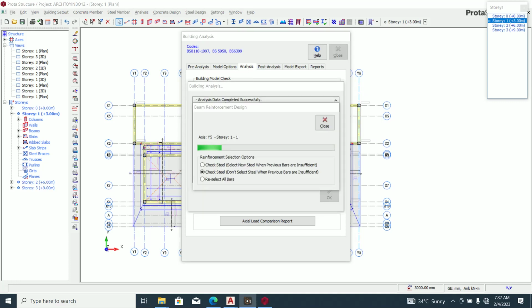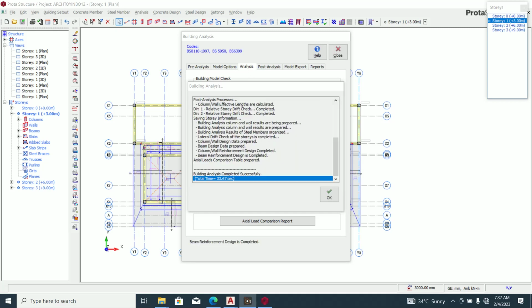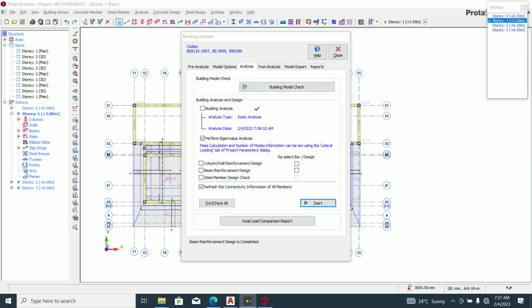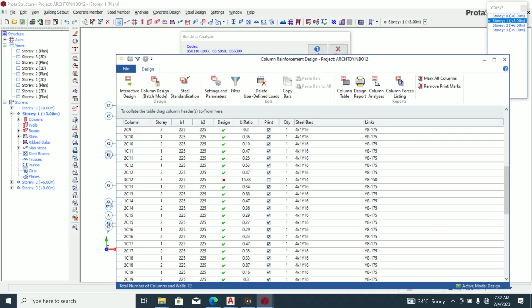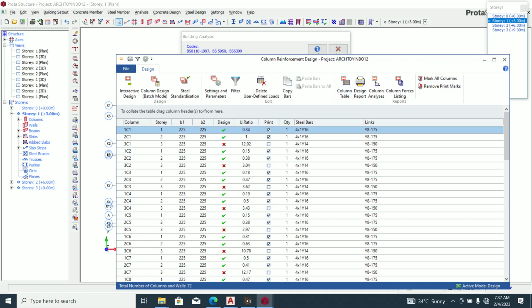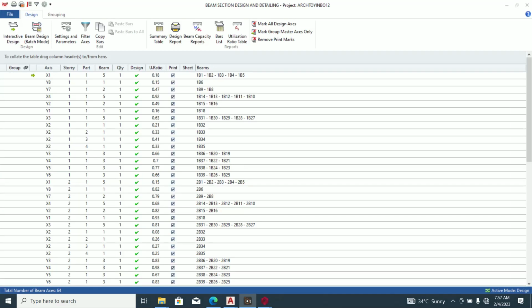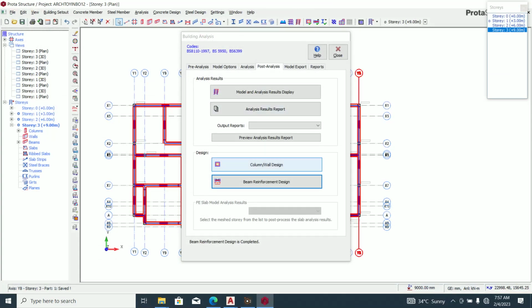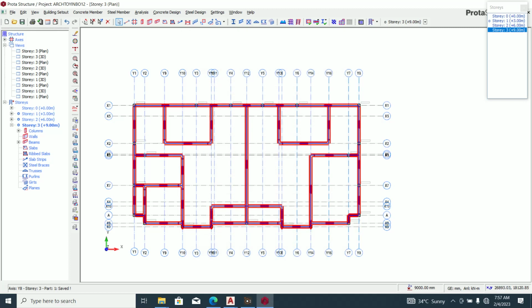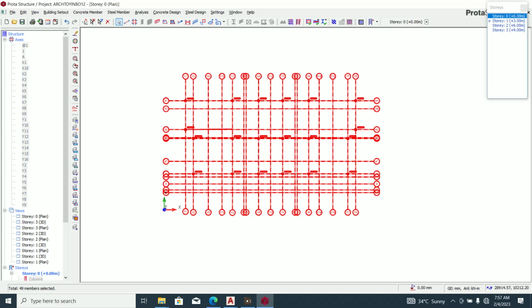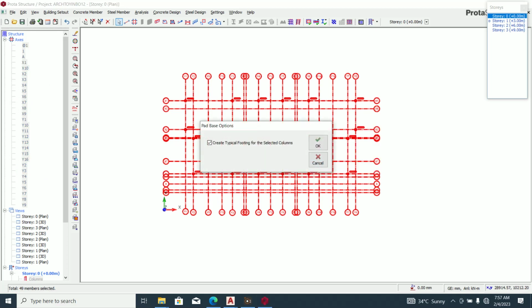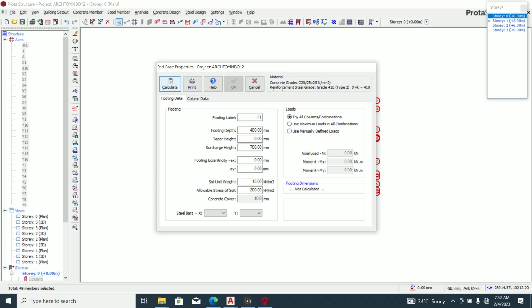As you can see, our analysis is still running, so wait for it. Our analysis has finished running and it has passed. So you come to post analysis and check the ones that failed so that you can correct them. If everything has passed, you just continue, close this, and close this, and you come to your storey 0 to install your foundation. You select everything, highlight everything, right click, then you insert footing, click on OK,